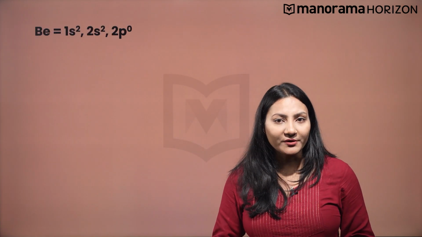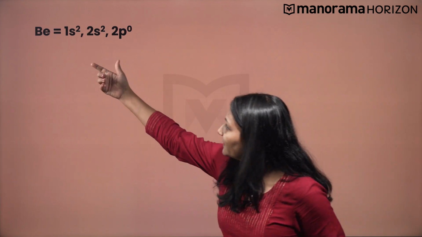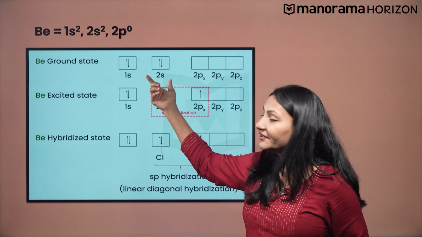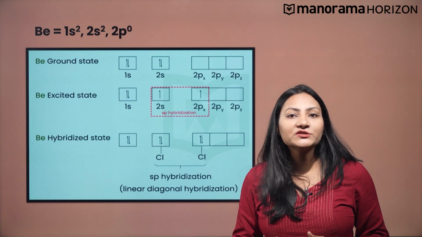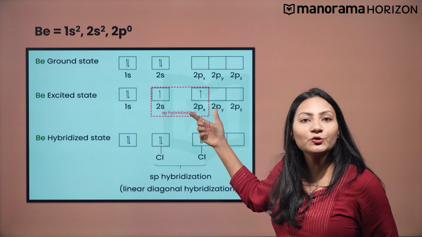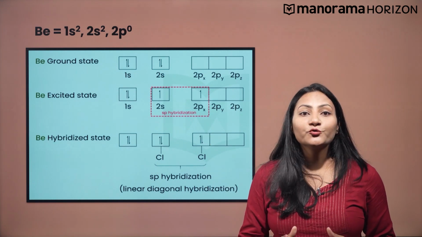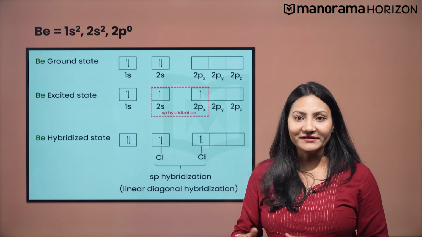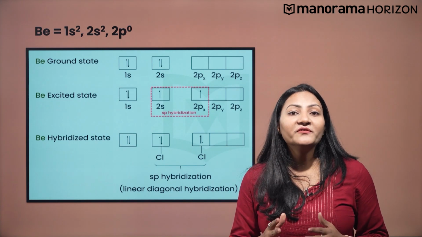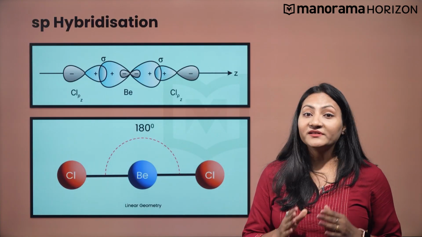geometry. For example, in the case of beryllium chloride, the ground state electronic configuration of beryllium is 1s2, 2s2. In the excited state, one of the 2s electrons of beryllium is promoted to a vacant 2p orbital. Here, one 2s and one 2p orbital get hybridized to form two sp hybrid orbitals. Each of these orbitals overlaps axially with a chlorine 2p orbital to form two sigma bonds with a linear shape